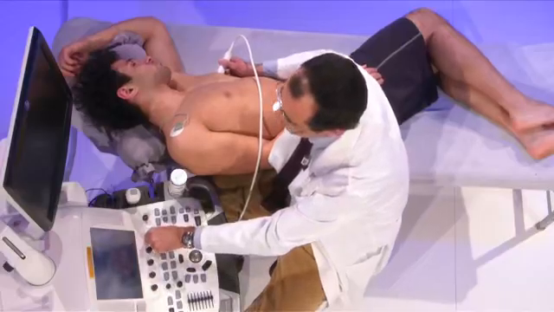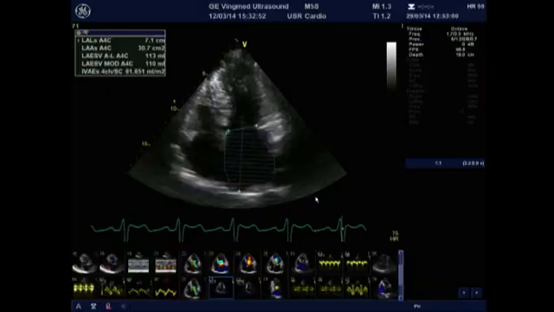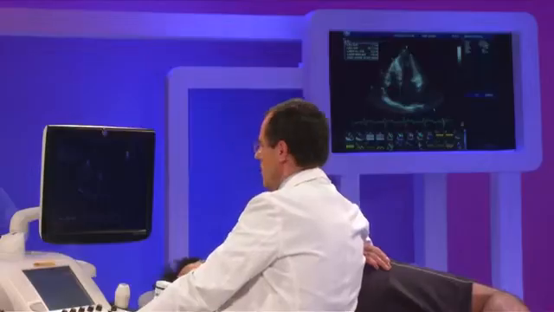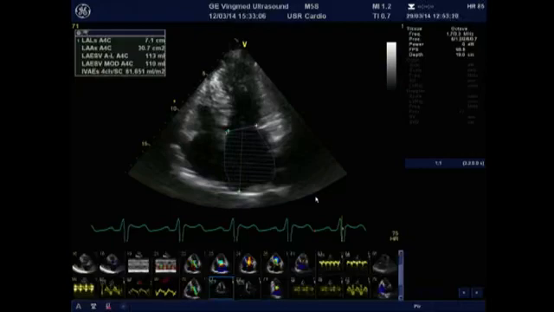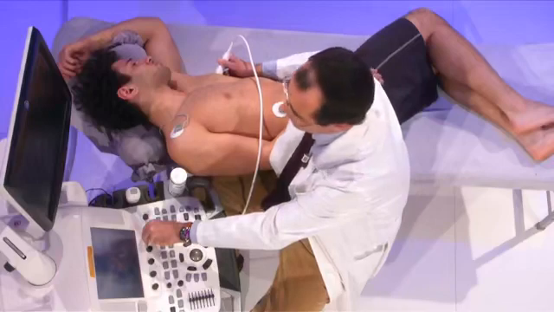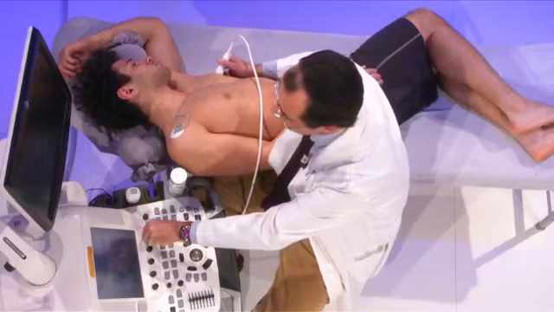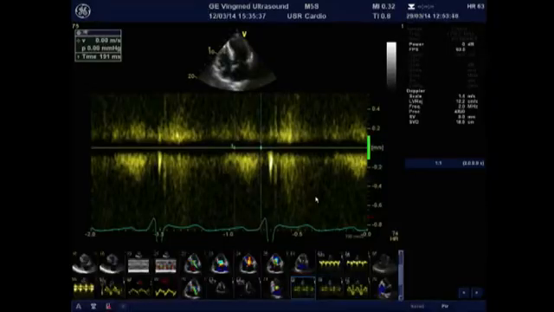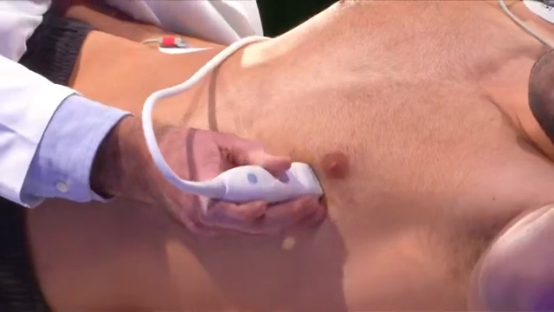Now I moved again to the four-chamber view with color to measure the indexed left atrial volume, which is another important parameter, because, on one hand, it points to increased left ventricular pressures, and on the other hand, this increased volume has important prognostic implications in several diseases, including this disease. Again, with color. Another important data is to try to assess, also in apical four-chamber view, the pulmonary venous flow,